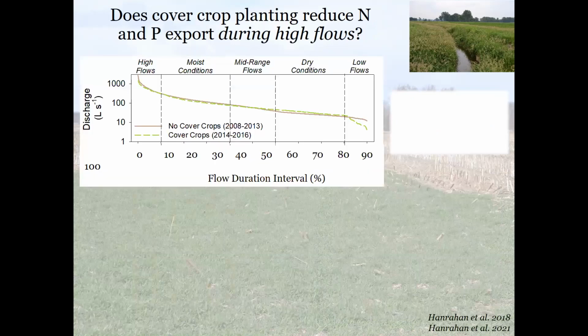We did this by using something called the flow duration curve analysis, which really just relates flow values or discharge values to the percent of time those values have been met or exceeded. So really high flows occur really rarely or infrequently, so they would fall within this less than 10% of the time on the far side of this particular figure. When we plotted the flow duration curves for pre-cover crop years, that 2008 to 2013 period, and post-cover crop years, 2014 to 2016, we found that the curves looked very similar. So we were able to compare